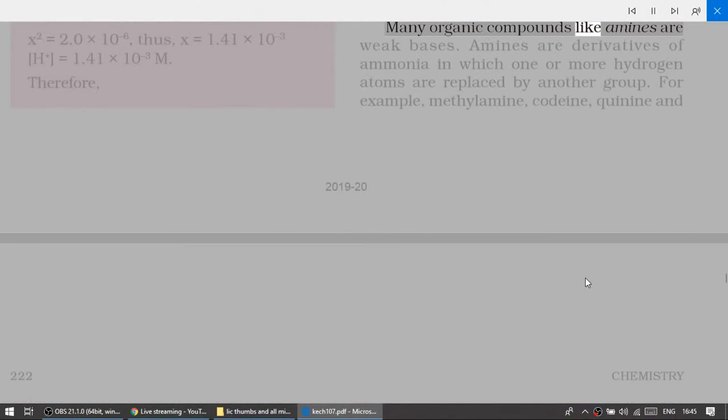Many organic compounds like amines are weak bases. Amines are derivatives of ammonia in which one or more hydrogen atoms are replaced by another group. For example, methylamine, codeine, quinine, and